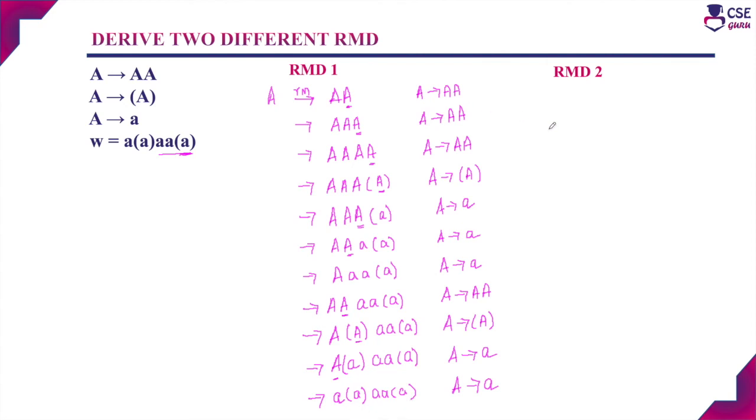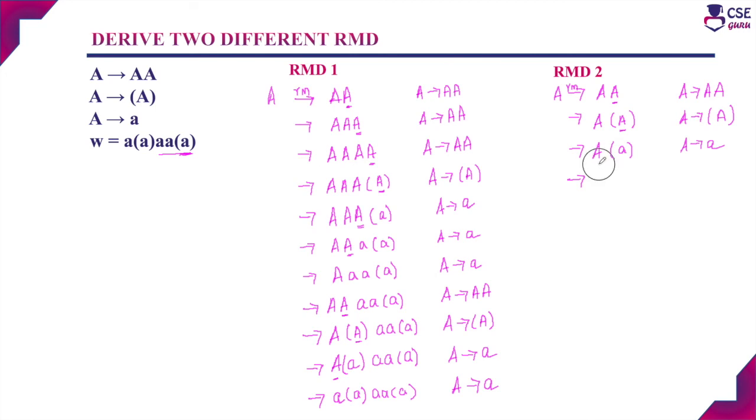We will show one more rightmost derivation for deriving the same string. So the derivation starts with the start symbol A and apply the production rule. A derives AA. Choose the rightmost non-terminal and apply the second production rule. Now choose the rightmost non-terminal and apply the production rule. A derives A. Before applying every production rule, we need to check the input string also. What is the next input string we have to get? And accordingly, we have to choose and apply the production rule.